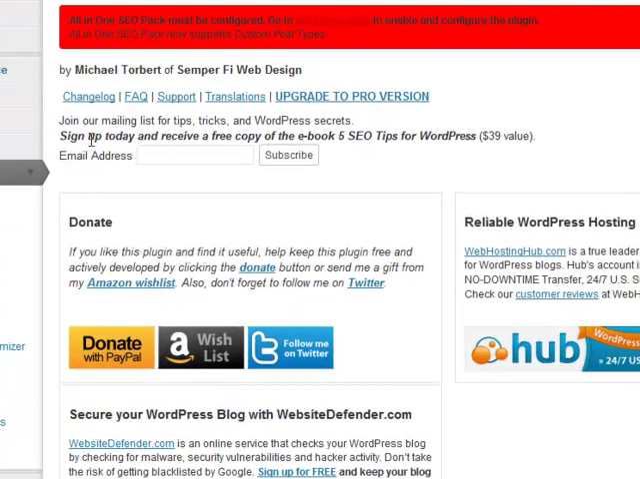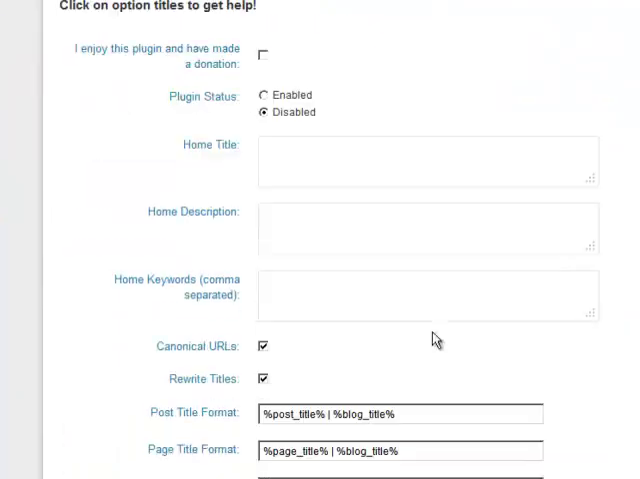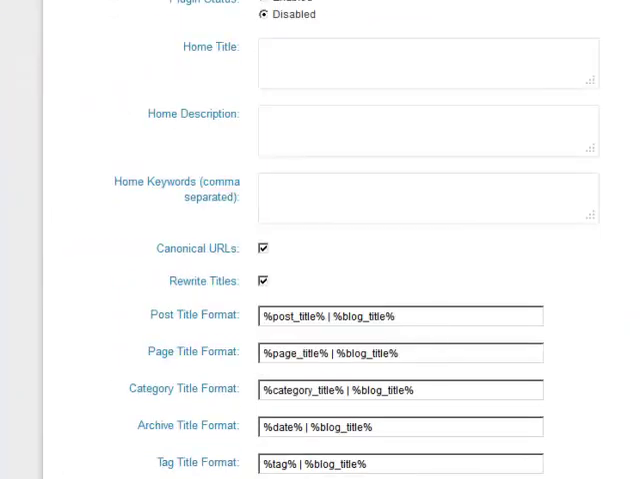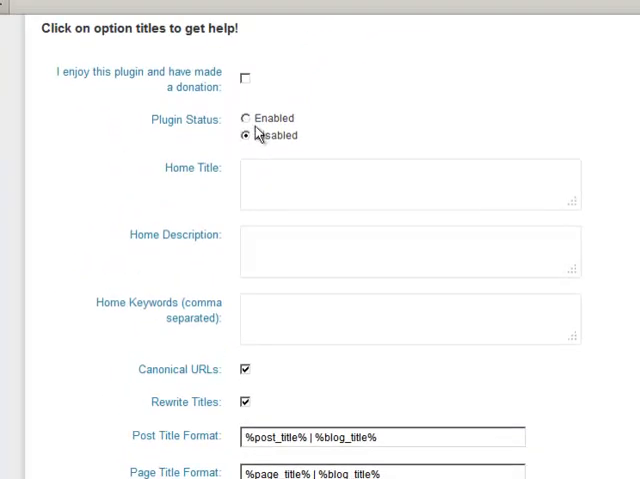You can join the mailing list and subscribe, donate, all that good stuff. The meat of the plugin is down here. Plugin status, enable it. Okay, here's where it gets strategic, and you have to think about search engine optimization and